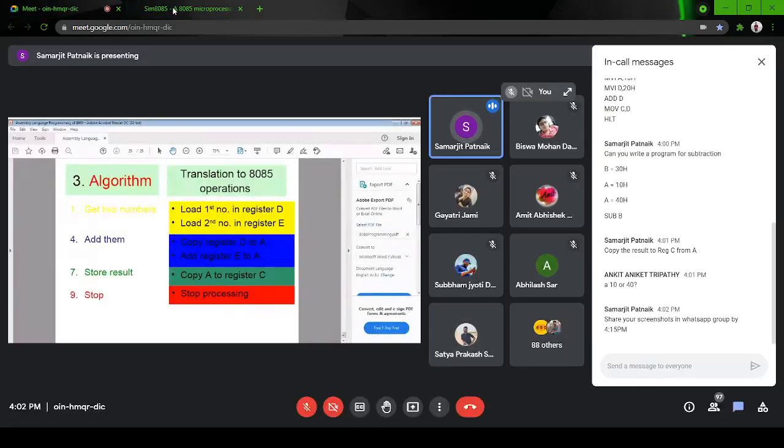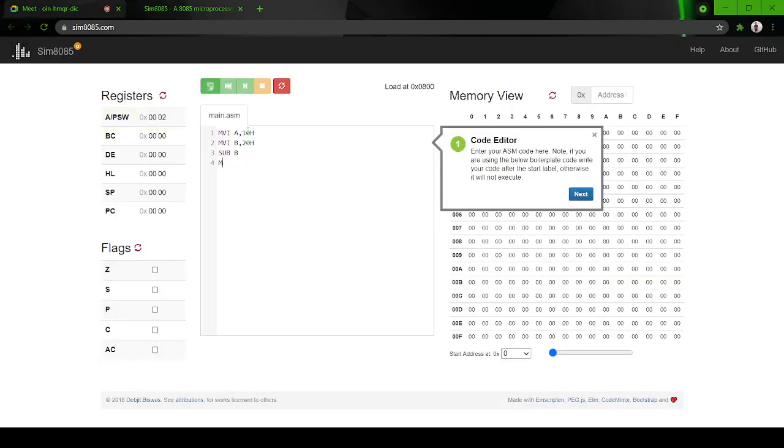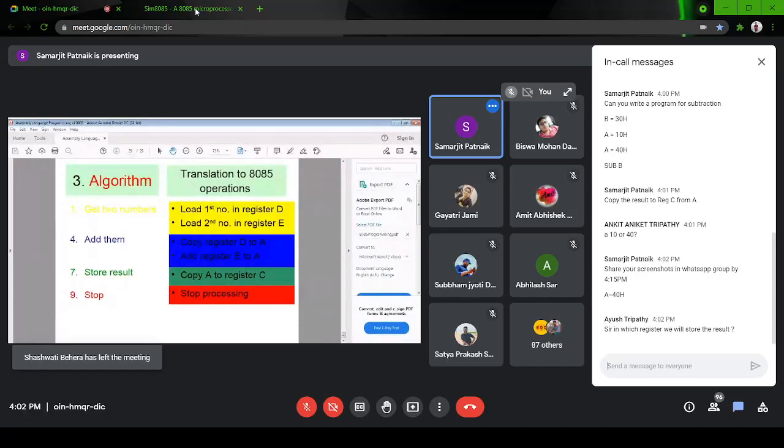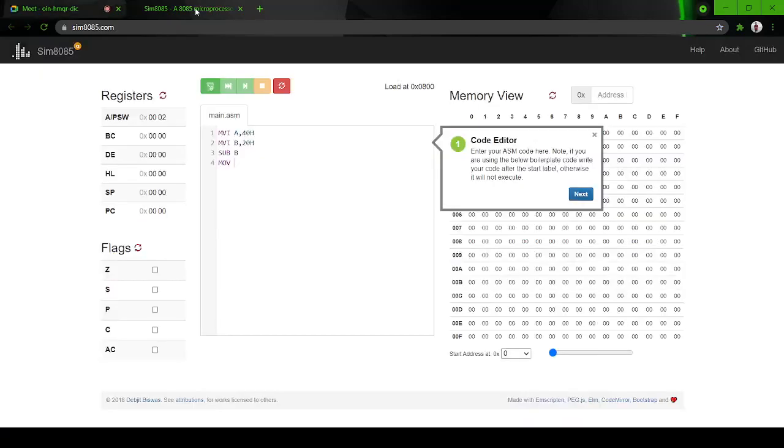You have to take A equal to 40, not 10. Second one: copy the result into register C. It is already written. Store the result in register C finally.